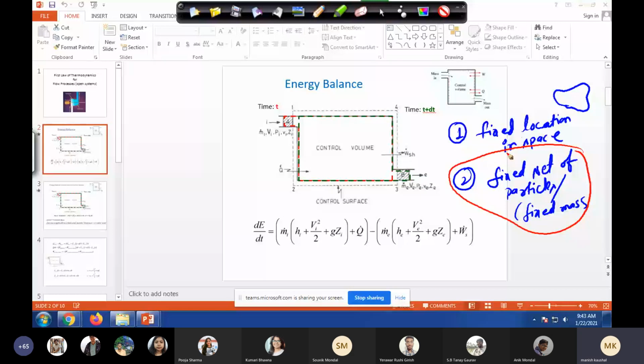What you are discussing is beyond the scope of this course. I will not go there. But anyway, whatever thought you have will be cleared later on in later courses. Okay? So right now, take it for granted that following a fixed set of particles is very